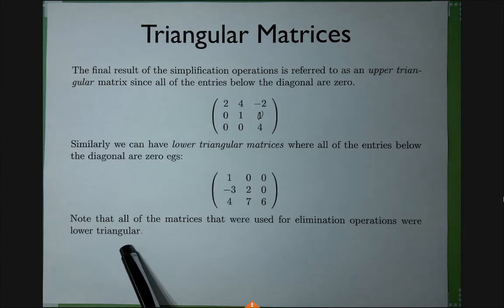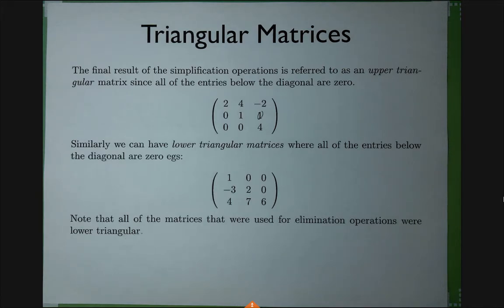If you think about it for a second, why are they all lower triangular, the matrices we use in Gaussian elimination? What we are doing in Gaussian elimination is taking some equation, multiplying a row of a matrix by something and adding it to another row, right? But there's also always a pattern to it. We're always taking a row above, multiplying it by something and adding it to a row below, right?